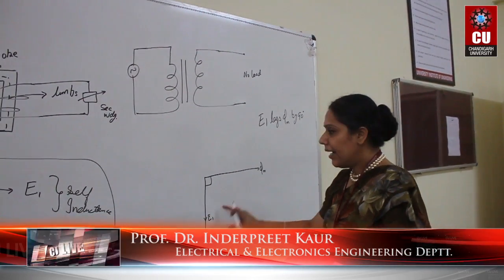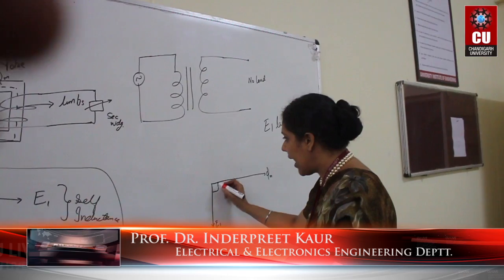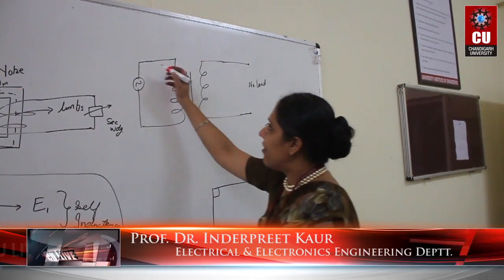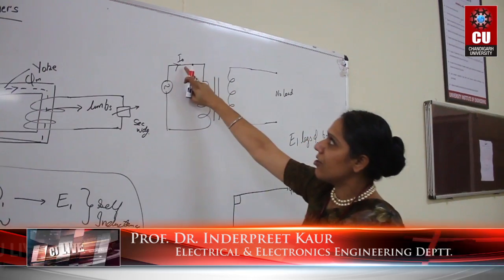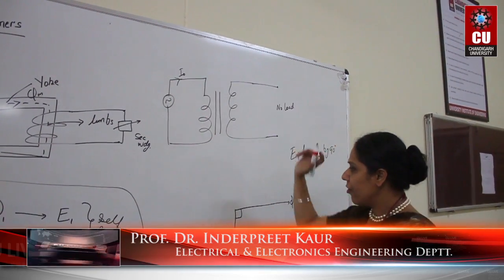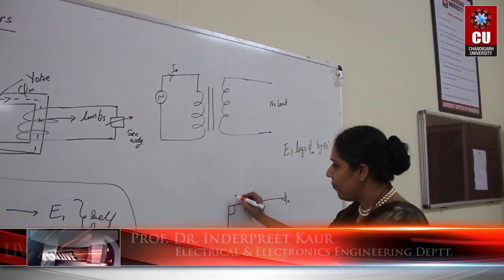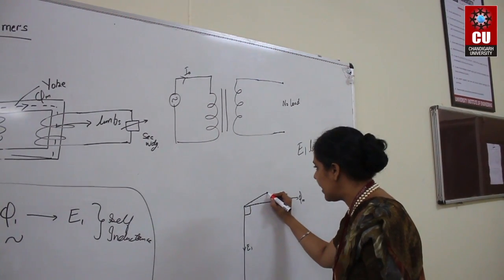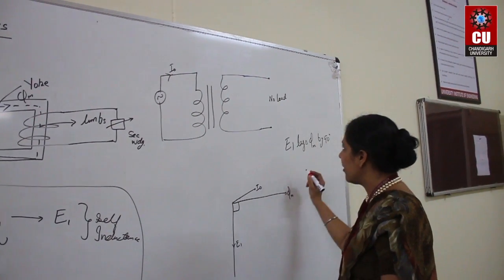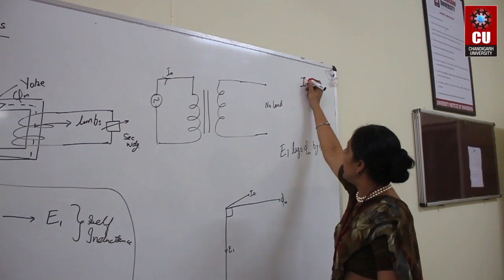Is it okay? Now since we have a no load current, when supply voltage is there, a small current, that is I naught. I naught shows that no load current flows through the circuit. So this is basically the I naught. This is the I naught. I naught current has two components,